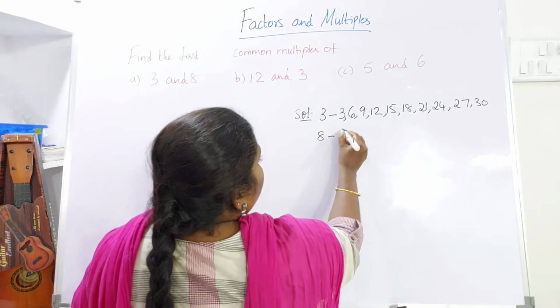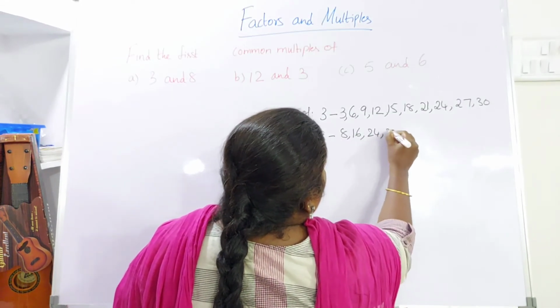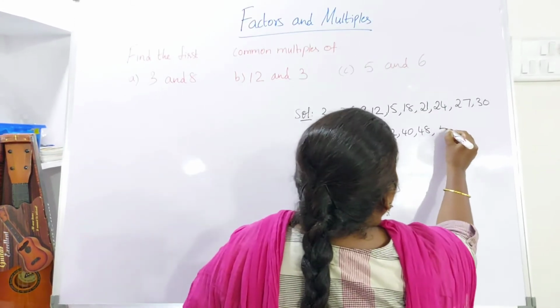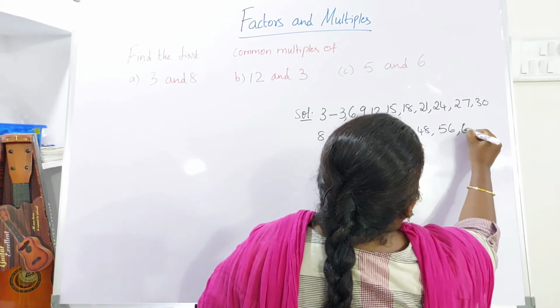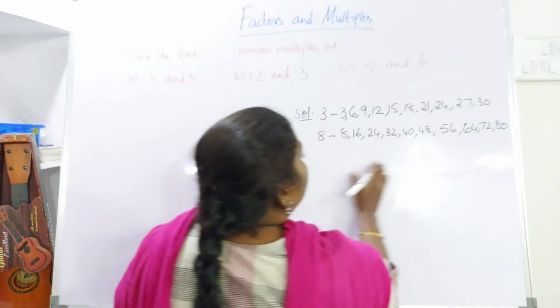Then 8 multiples, 8 ones 8. So the multiples of 8 are